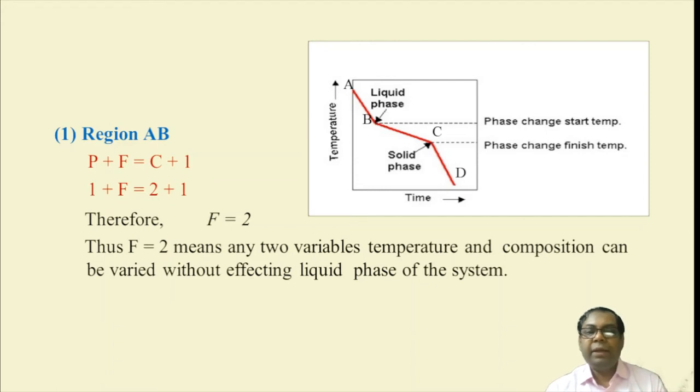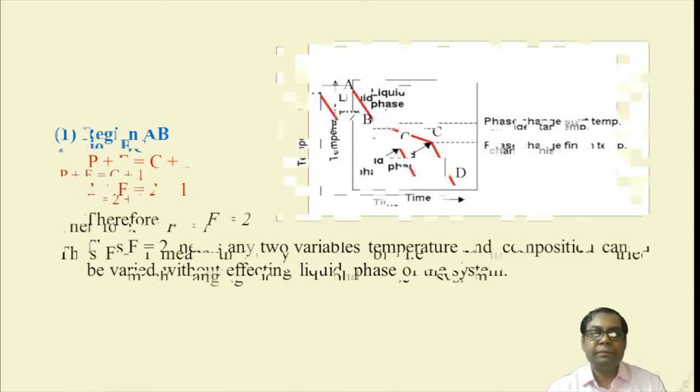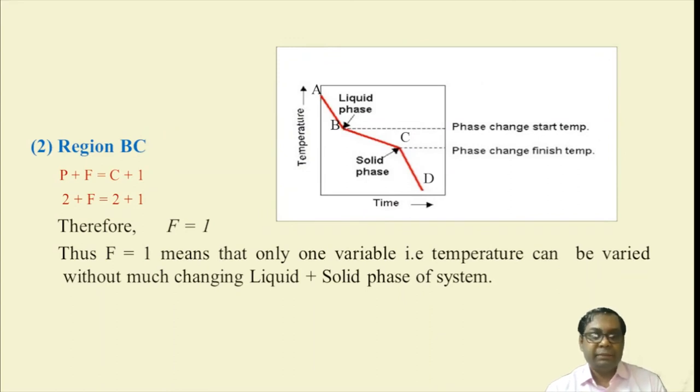2 means that any two variables, that is temperature and composition, can be varied without affecting the liquid phase of the system. Region BC: over here we get P equal to 2, obviously, because two different phases are there, and C equal to 2, that also are two components. So from point B to point C, we get F equal to 1. It means only one variable, that is temperature, can be varied